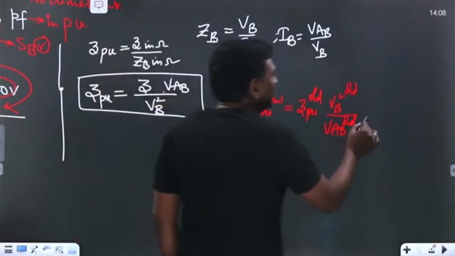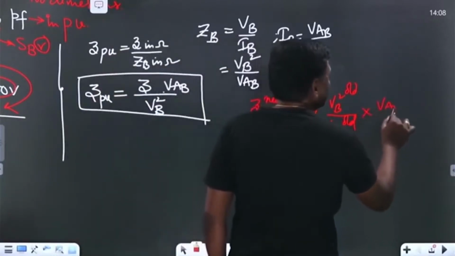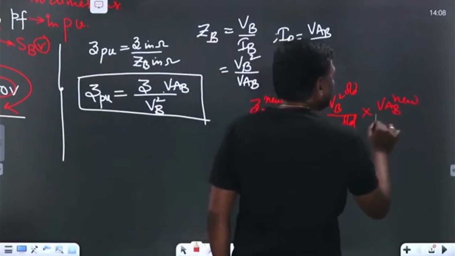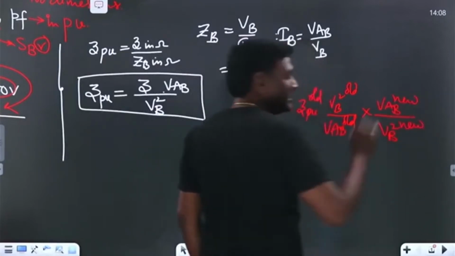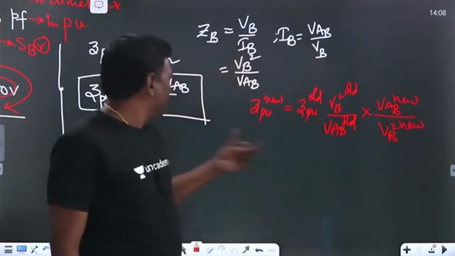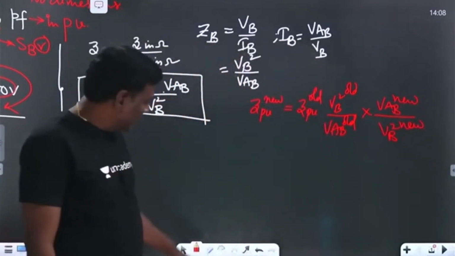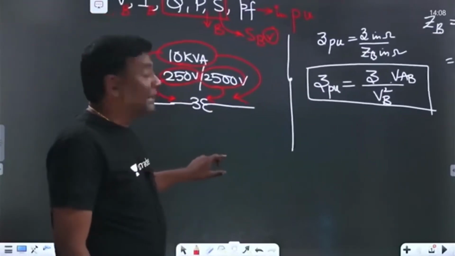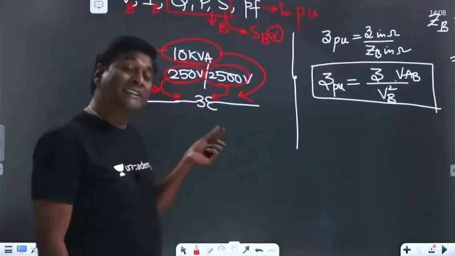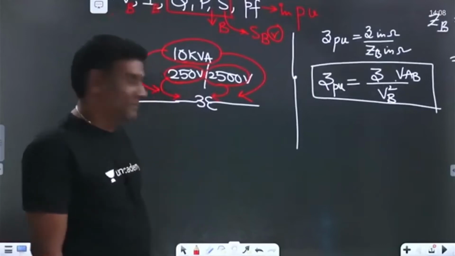Yes, for that you please convert it into per unit new. So this particular equation need not be remembered. This is sufficient. Now let me see how this particular equation is making our transformer disappear on paper, which has to be understood.